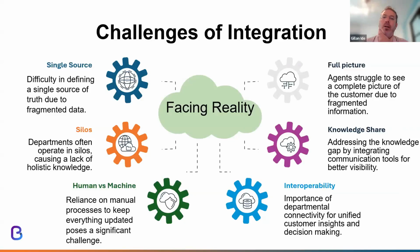So we're then looking at the challenges of those integrations. And I think this is where the real importance of mapping comes out. It goes back, it's very simple, but it's just: what do we have? Put it down on a piece of paper, get a sketchbook out, because what you'll find is that people might call the same platform something slightly different because they're using one part of it. And you start to realize that mind map that you can create of your digital ecosystem, and actually the reality of